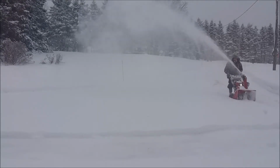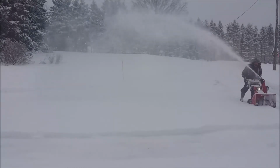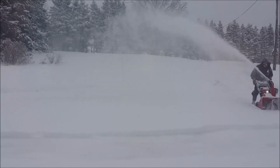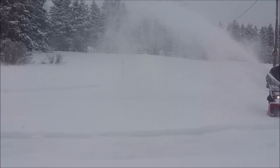And being that I'm just about 67 here, it's quite a physical workout. It's a good thing I'm not a little fella because that would take some getting used to. Anyway,